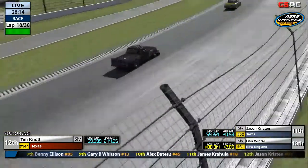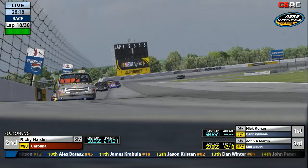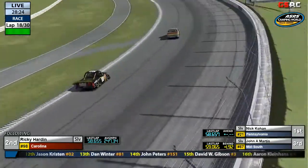Wow. Just goes to show how easily... Ricky Harding has made a mistake, and Nick Cohen has just taken the lead. Well, that's correct. Go back and see what happened there. Did Ricky Harding...